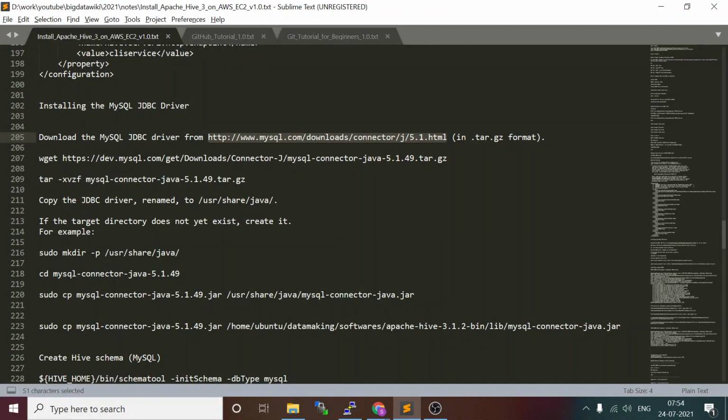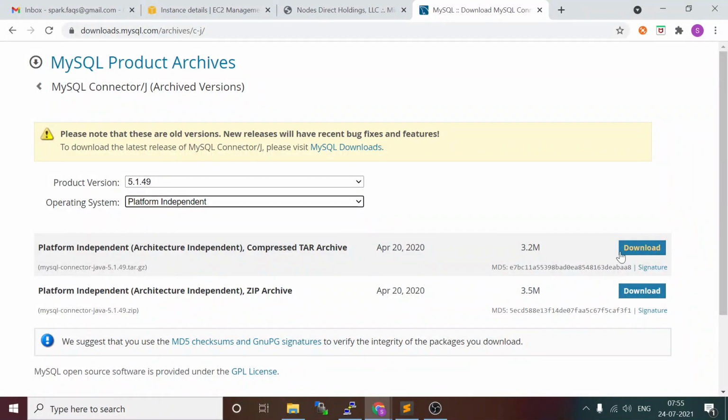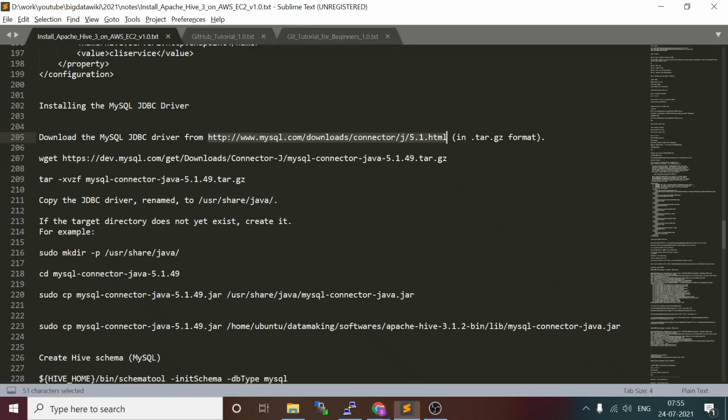If you look here, I'm downloading the MySQL JDBC connector version 5.1.49. So this is the one I'm downloading. I've taken this link, so I'll use this link to download it.